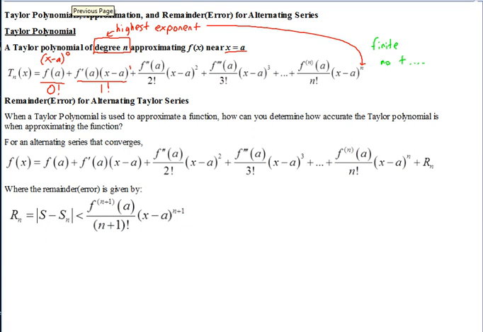So let's see what this says. It says, when a Taylor polynomial is used to approximate a function, how can you determine how accurate the Taylor polynomial is when approximating the function? So for an alternating series that converges,